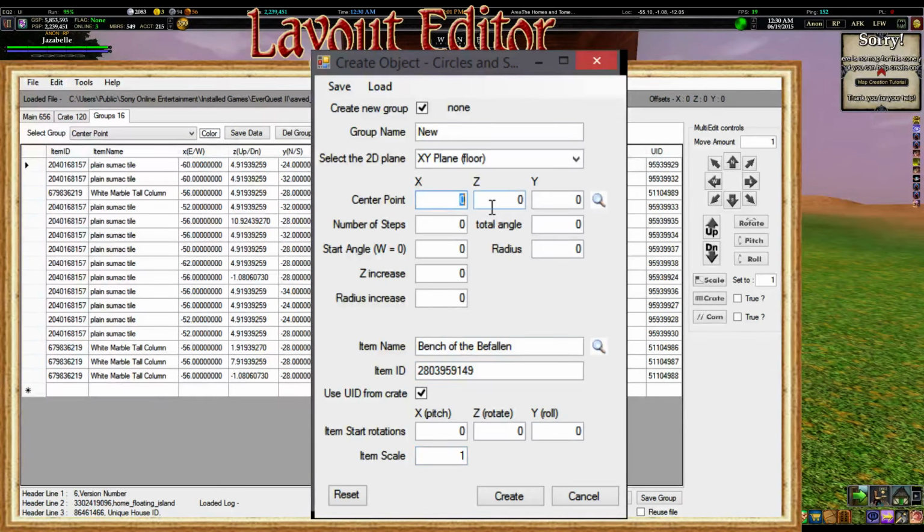Now what I did cheat with was I know exactly where my center point is. Usually what I would do is decide where I want my center point to be, go into game, type /LOC, and take the first 3 numbers of the location that show up in your chat log, and put them here. So the center point